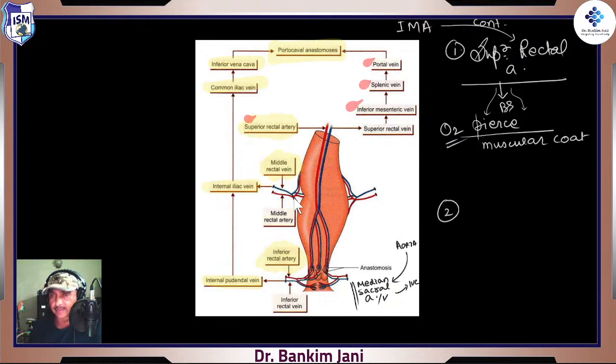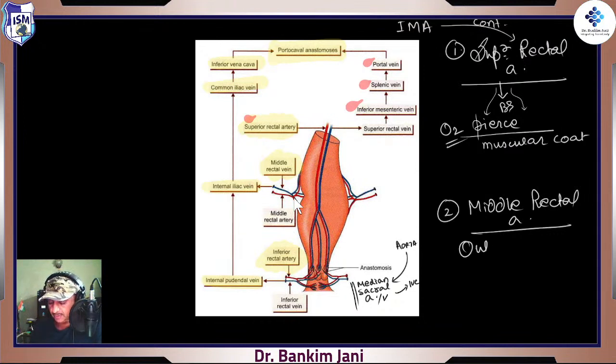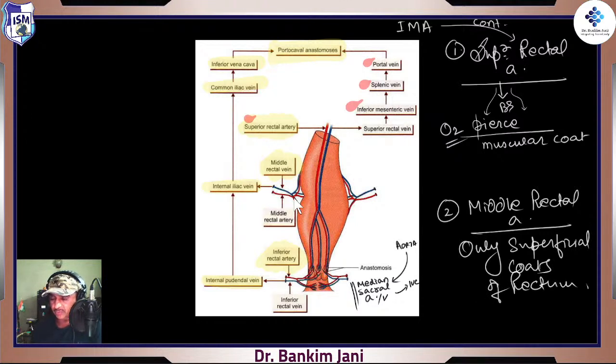One was superior rectal, second is the middle rectal. Now, middle rectal actually is not a major supply, right? It will give only to the superficial coats of lower rectum. So only superficial coats, right? Only superficial coats of rectum. So if you really see the superior rectal and middle rectal, they have finished the entire thing. So what about that